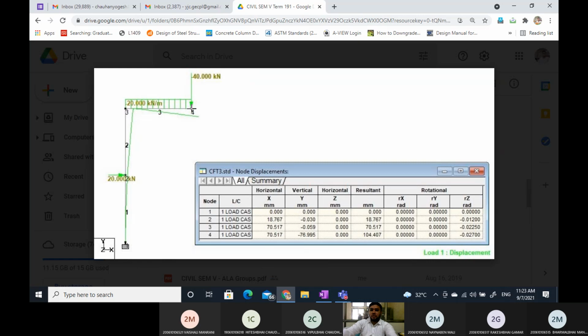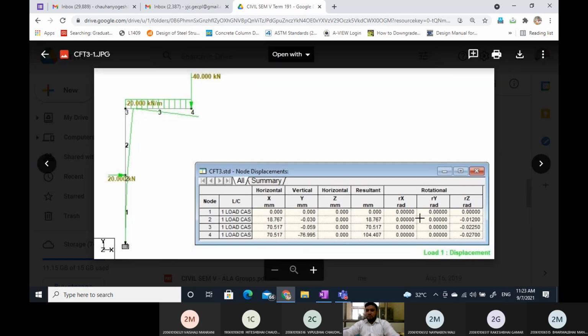So downward deflection is minus 76.995 and horizontal deflection is 70.517. This is delta x, this is delta y. Then the slope: suppose you have been asked to find the slope, so the slope at point 4 is minus 0.027. This is in radian.